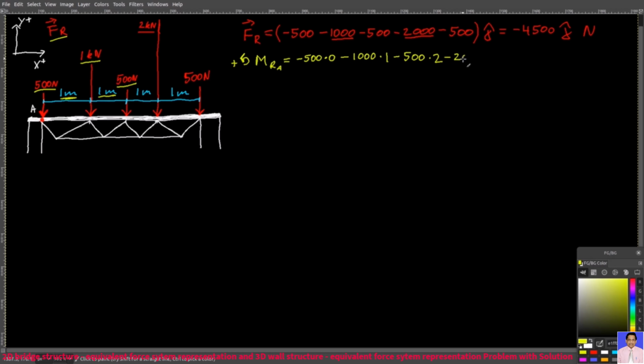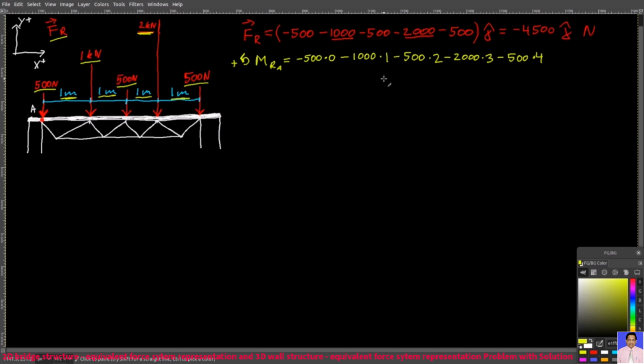Then you have minus 2,000 times 3 meters, so it's this force, and now you have 3 meters till your point A, and finally you have minus 500 times 4, it's this force here, and you have 4 meters here